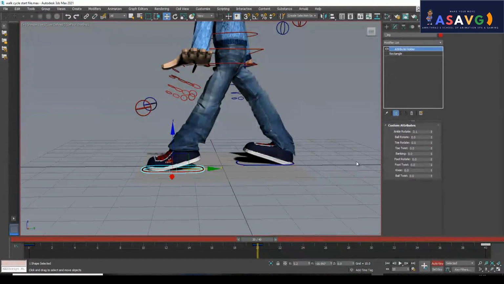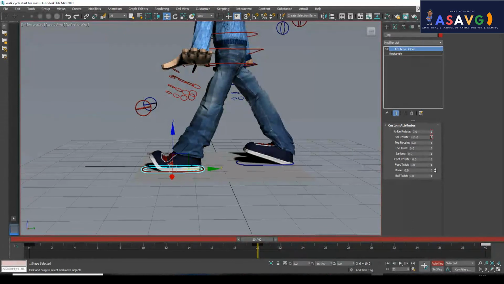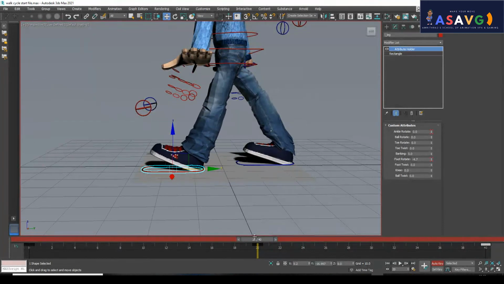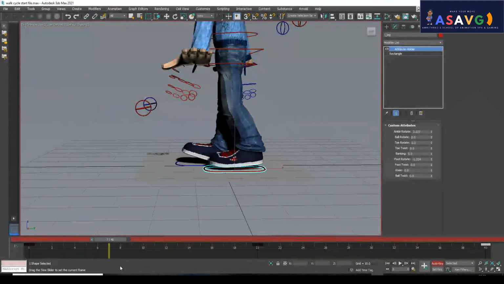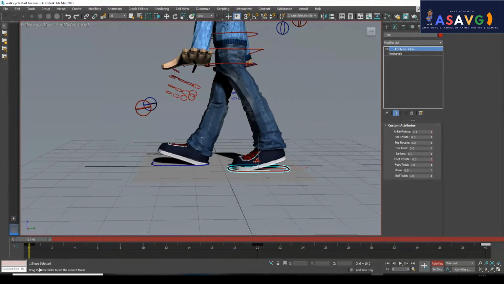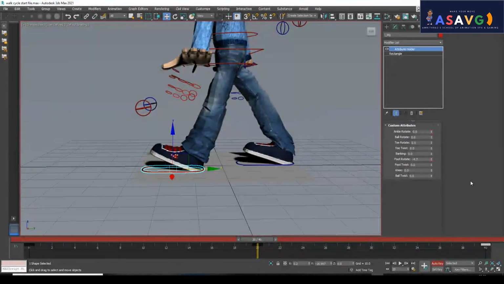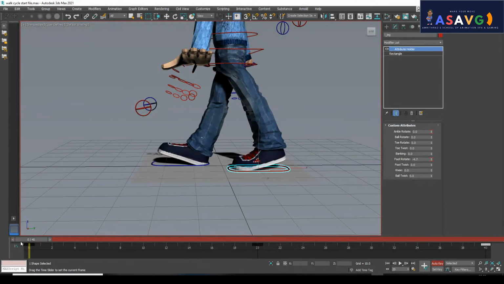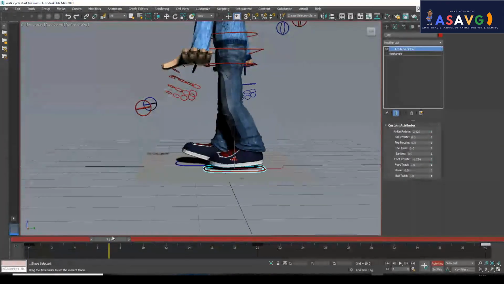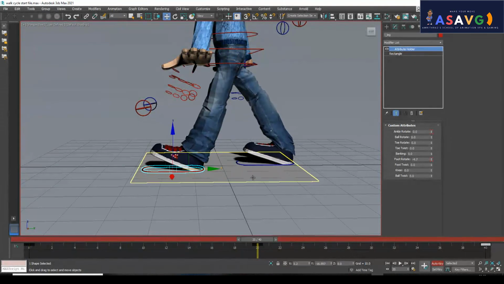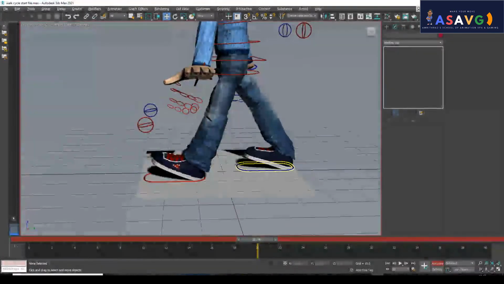Okay, and there is ball rotation, this kind of thing, foot, wrist, toe, like that. So if I want to make this ankle rotation 0, I will be adjusting the ball, toe twist, banking, foot rotate. I am using this foot rotate here. Understand? So you can see it's coming from here to here. So these are the custom attributes. Now the same thing should happen from here to here. So click this controller.